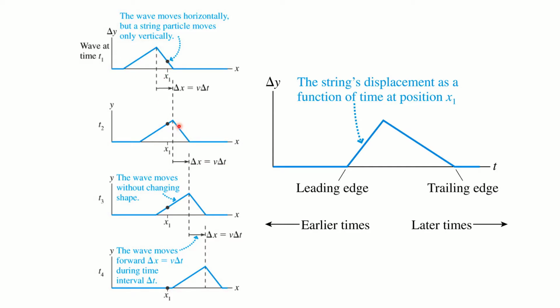The leading edge is the steeper edge. As the wave comes this way, it's the leading edge, so it hits first. But if we make a history plot and look at position x1, the first thing that it sees is that leading edge. So as we increase time, all of a sudden that wave gets to that location and it starts to go up that steep edge first. That's why we have this reversal of the shape when we have a wave traveling to the right in position, and when we go to a history plot, those switch.